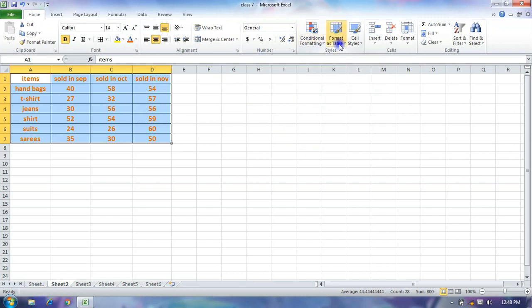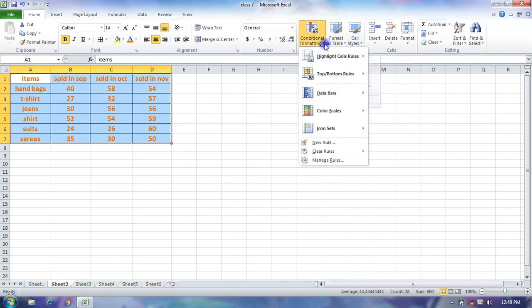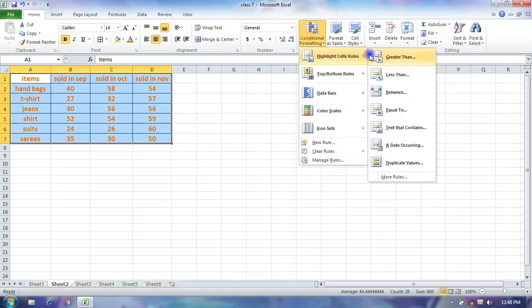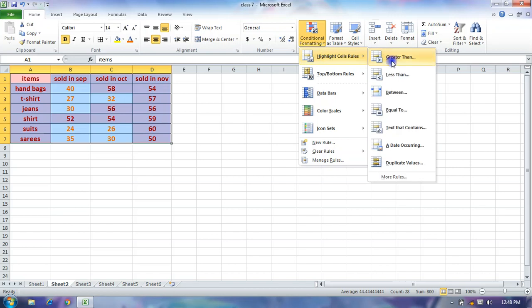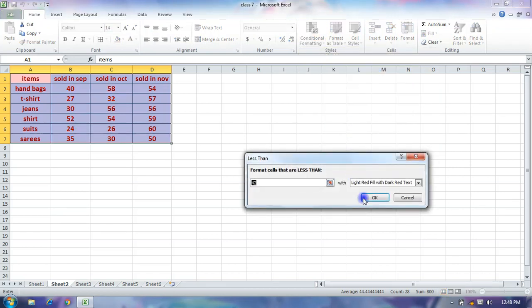Conditional formatting, format as table, or cell styles. These are the styles here, so you can conditionally format from here. This shows greater than, as you can see. If you want to show less than, then click it.